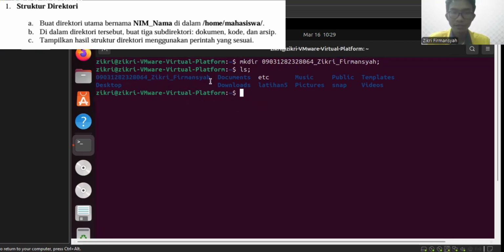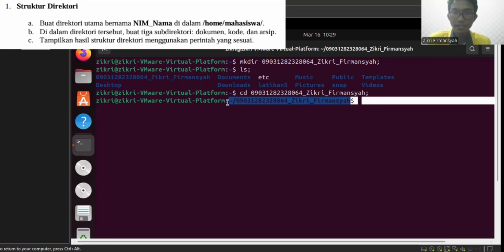So we name this the main directory, and then we enter inside the main directory using the cd command, cd space name of directory.